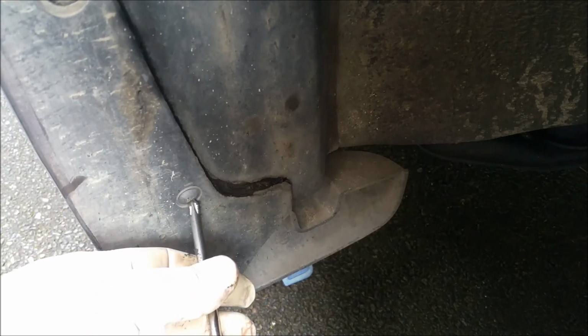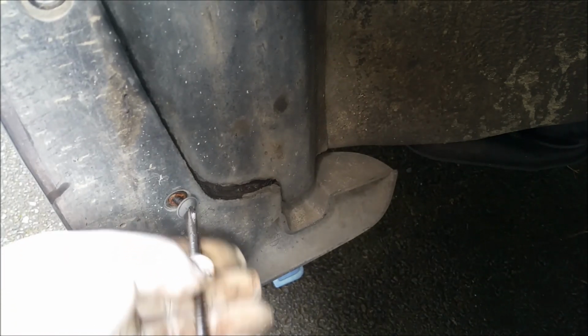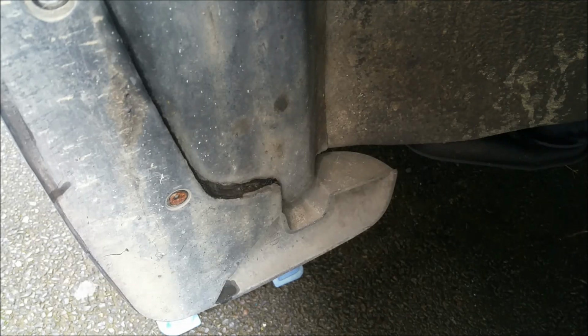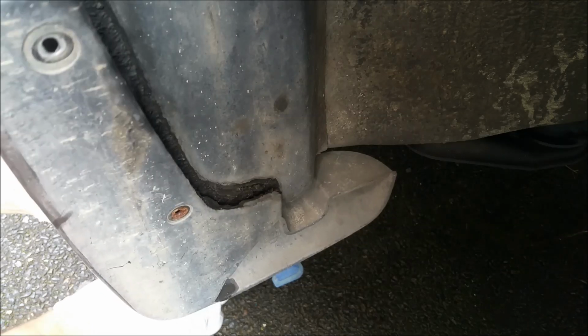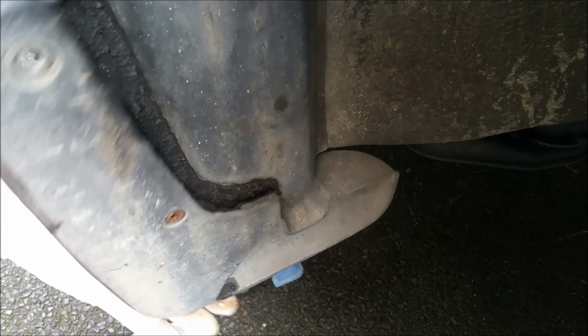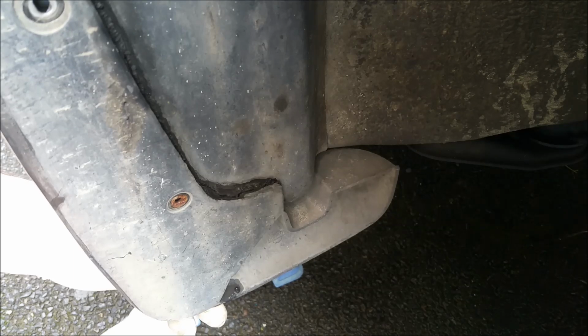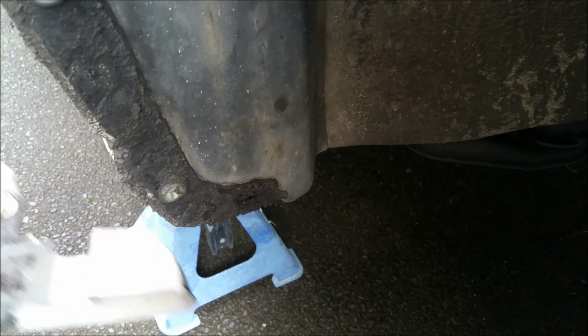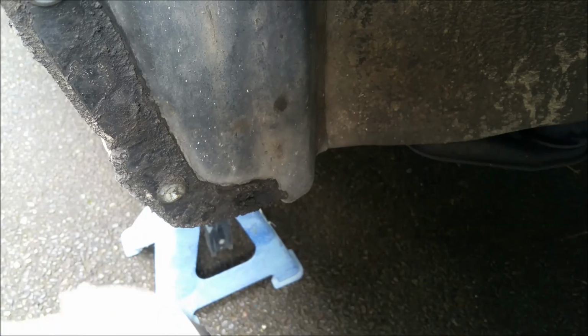Hang on, I'm going through the tripod. It's a bit of a balancing act. And there's just one underneath, and that mud flap will come off. So we need to get that off and have a look, see what falls out. This is particularly bad with cars that live outside. I'm not watching what I'm doing. Don't use tools like this. It's ridiculous. And don't jack cars up like this. I've got it on stands, but barely. They're very low. It's just crudded. It's just so full of...